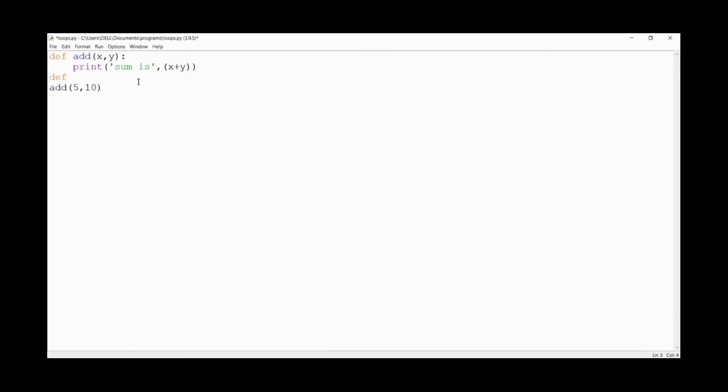Okay, let me add some more definitions. Def multiply(x, y), colon, and after that I am going to print the statement: multiplication of x and y is x star y.